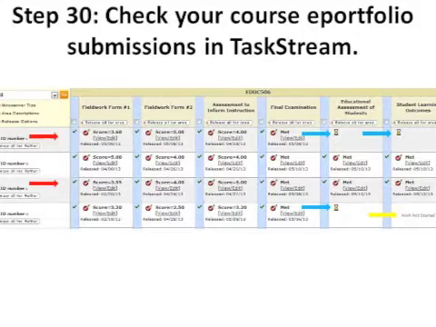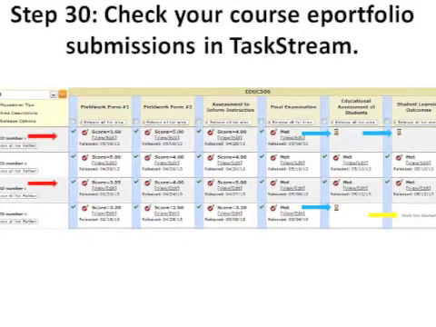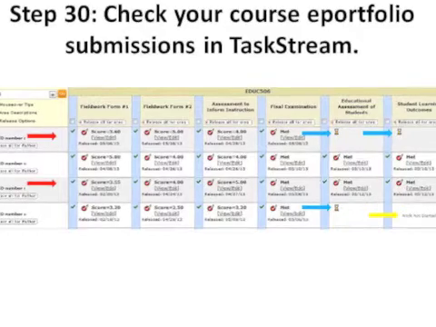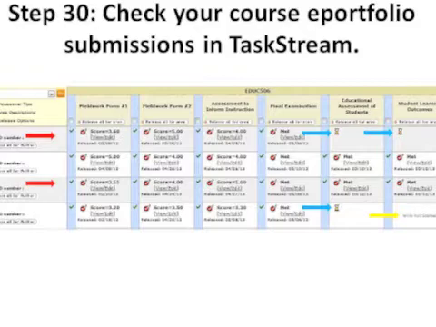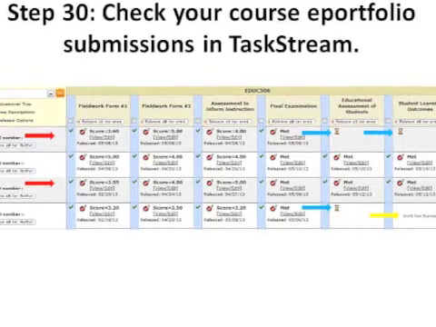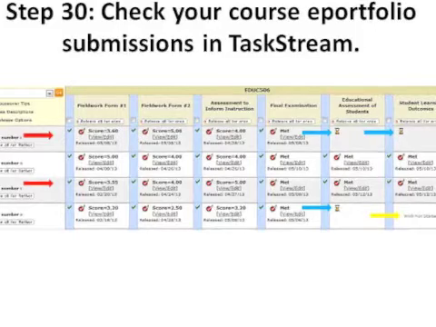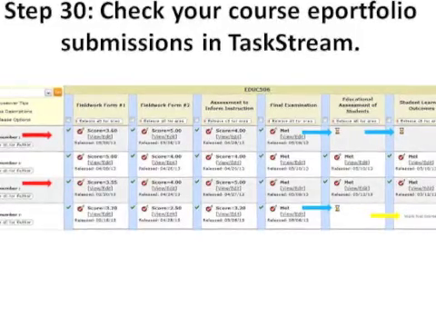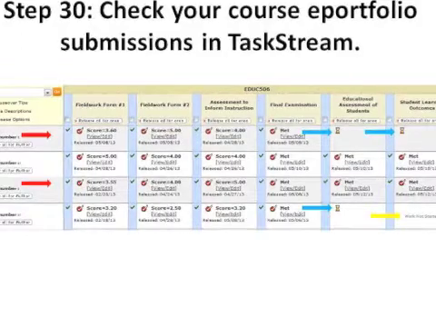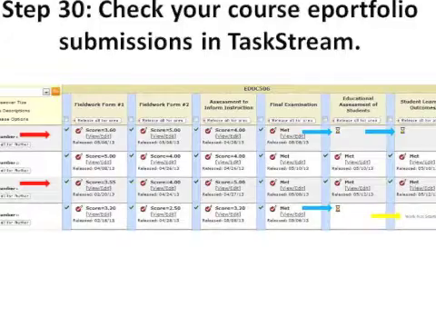Once you have checked your ePortfolio, your work in TaskStream is complete, and you can use this material as evidence of what you know and can do in assessing youngsters you currently teach or will teach. Place the link in your resume. Anyone who wants to hire you can see what you have in your ePortfolio, as well as